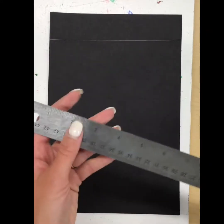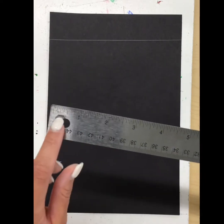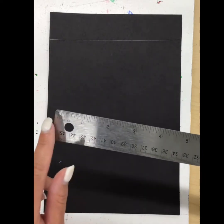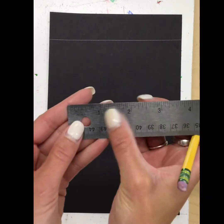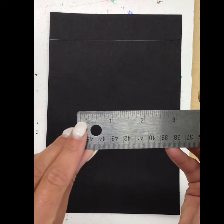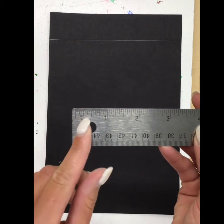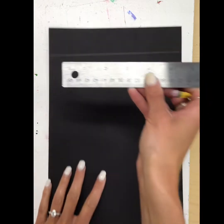And then we're going to actually use the measurements on a ruler. We have an inches side that we're going to focus on. That's the ones that are farther apart. And you notice there's 1 inch, 2 inch, 3 inch, but here there's actually a 0, and then there's the edge of your ruler, which are separate, 2 different things. So we're going to line up our paper with the 0